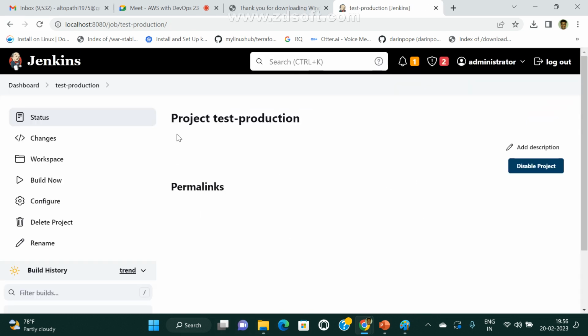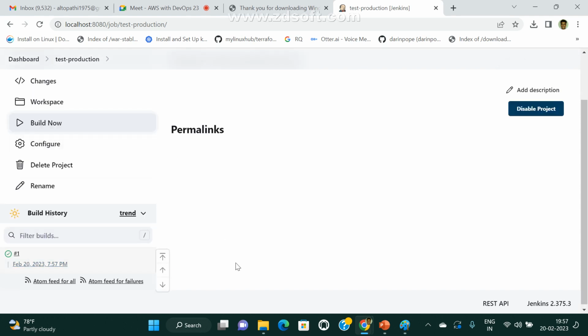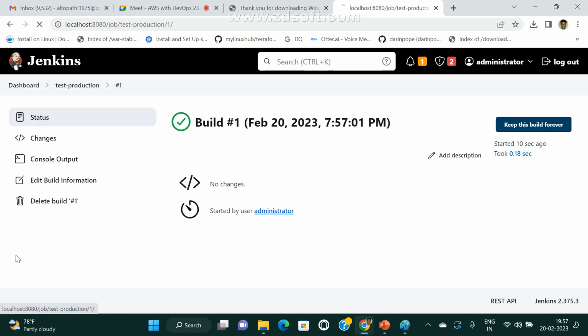Now, if you want to build the project and see output, if you want to trigger the build, there is one option: Build Now. Click on this. Right now I don't have any code here, so simply build it. Build is succeeded. If you want to see output, click on the build number and go to console output